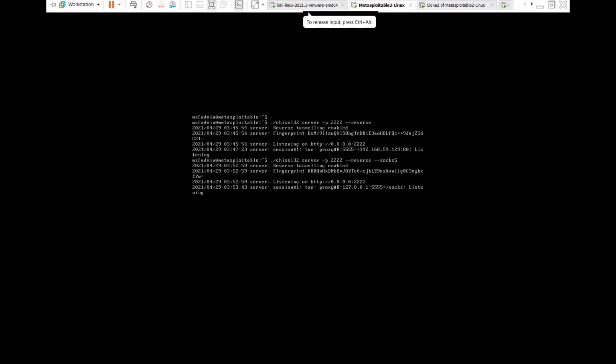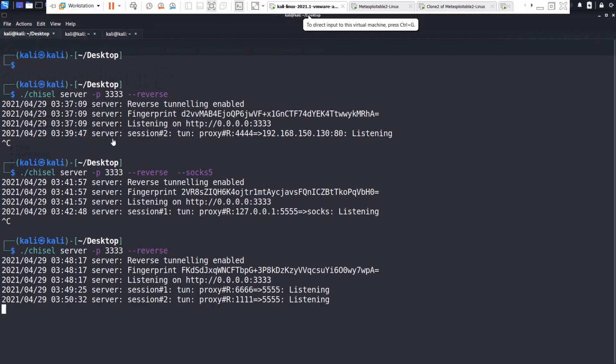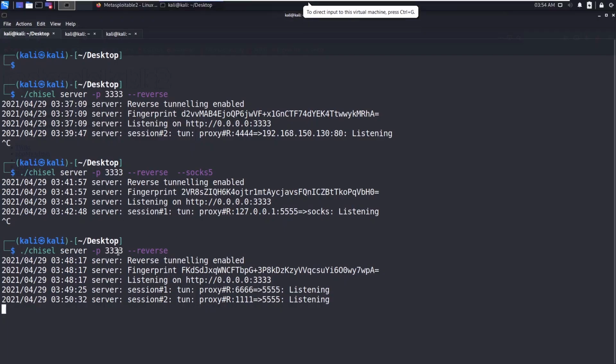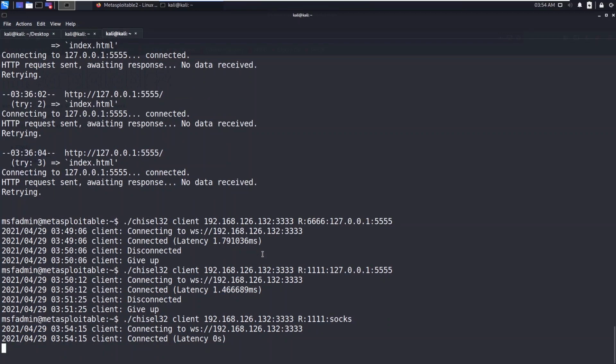Now on this we have the setup, and also we have connected to this 3333. We have the server on 3333. So all I need to do is raise one more port on this Kali Linux machine. Let's say 1111:socks, and hit enter.